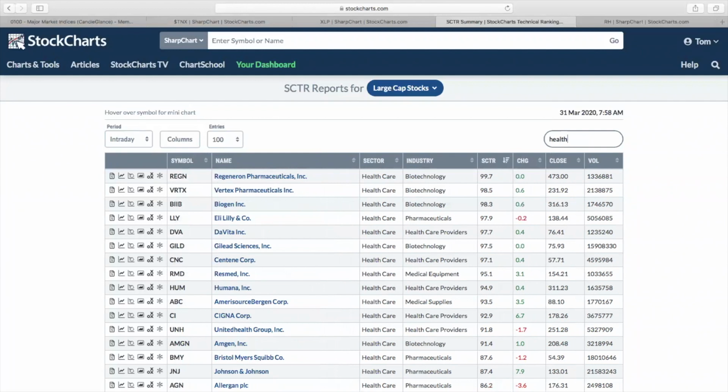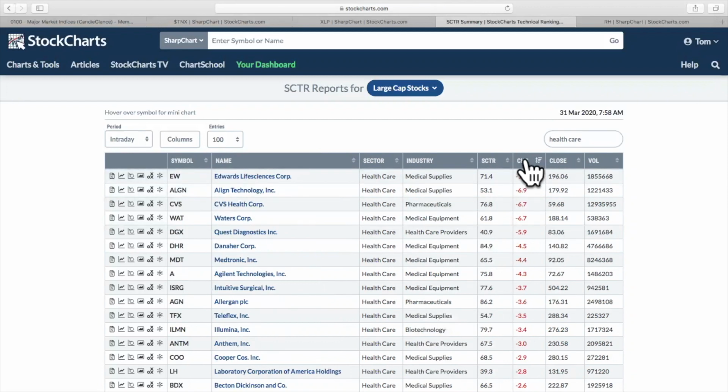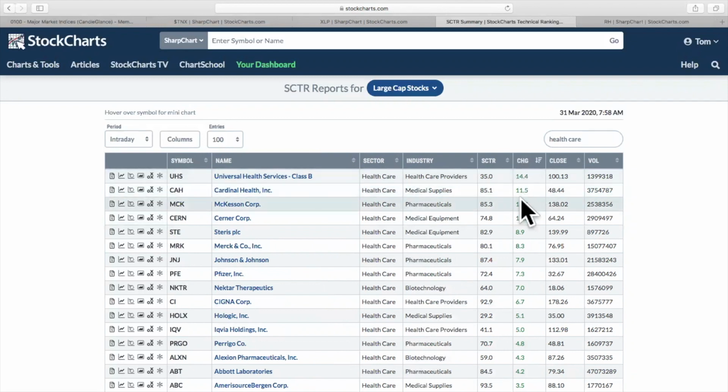So I just bring up healthcare, because what I'm really looking for are the healthcare stocks. Now this tells me some of the best healthcare stocks, and some of these at the top I really am fans of for sure. But I'm going to change this to scooter change. So now I'm looking at the healthcare stocks that saw a change yesterday. Within that, I'm looking down here at some that have higher scooter ranks. They're telling me that on a relative basis, these are probably pretty good stocks. They made a spike yesterday. These are some I might want to take a look at. So let's pull up